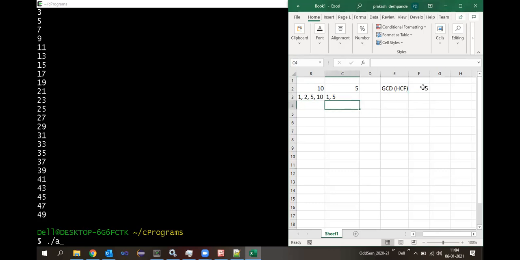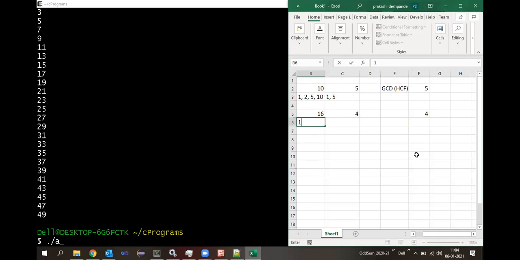What about here? Suppose you have the numbers 16 and, say, the second number is 4. What is the GCD and HCF here? 4.